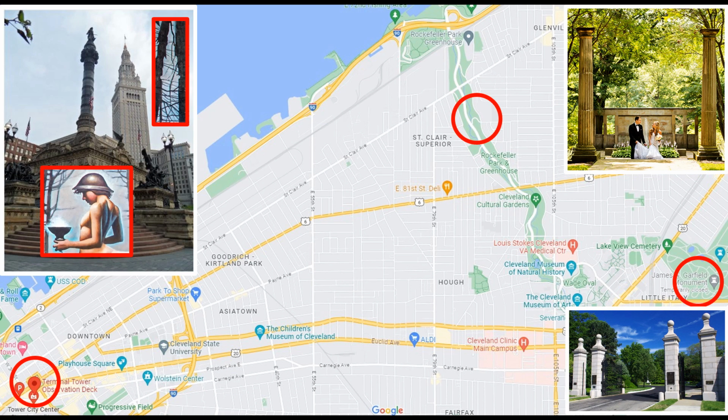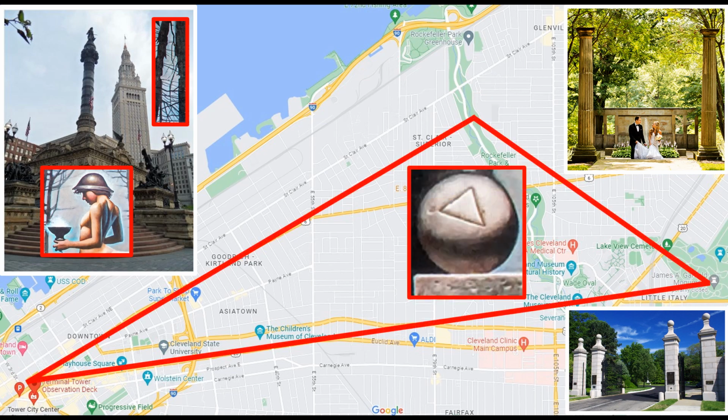But recently, in the last couple of years, the painter JJP actually acknowledged that the boy centaur with the military hat was a tribute to the Soldiers and Sailors Monument, which is also a Civil War monument, connecting the theme of the Civil War to this puzzle, as I believe in future videos I will tie it to all puzzles. So now we have a general, Garfield, Union general in the Civil War, and now a Civil War monument, two clues within the puzzle. So then I mapped them out and I realized,